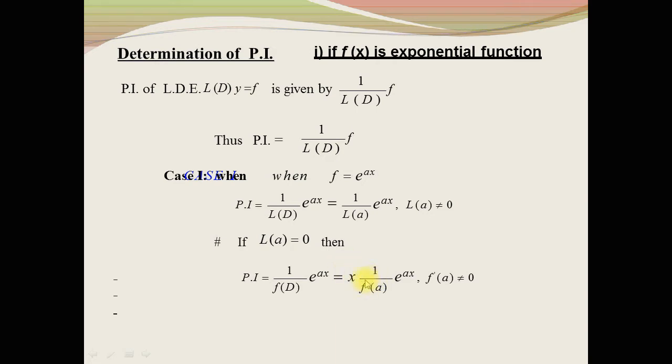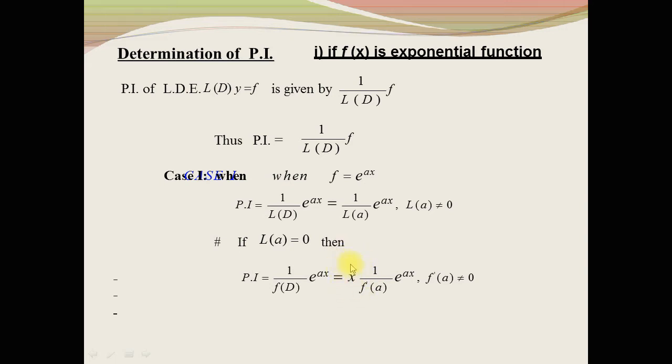So after taking the derivative of the differential operator, replace D by a. This is the condition that L dash of a is not equal to 0. But if L dash of a is equal to 0, then again take the derivative of the differential operator, and here you should put